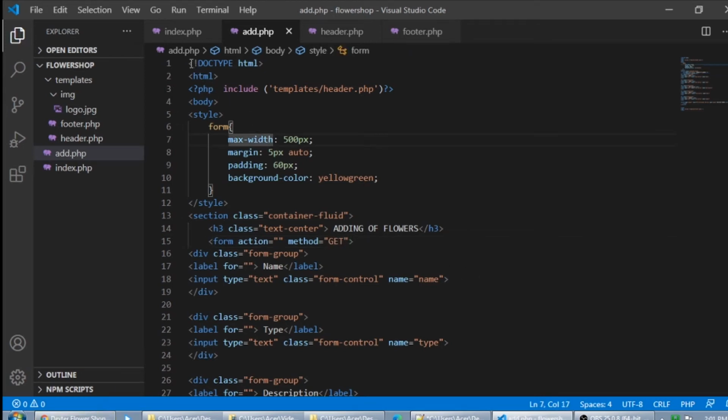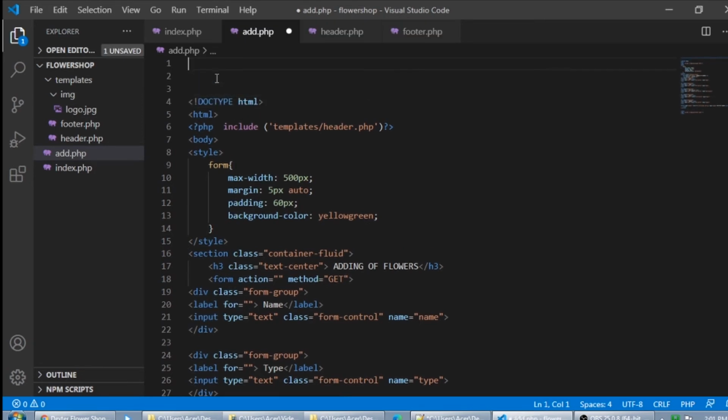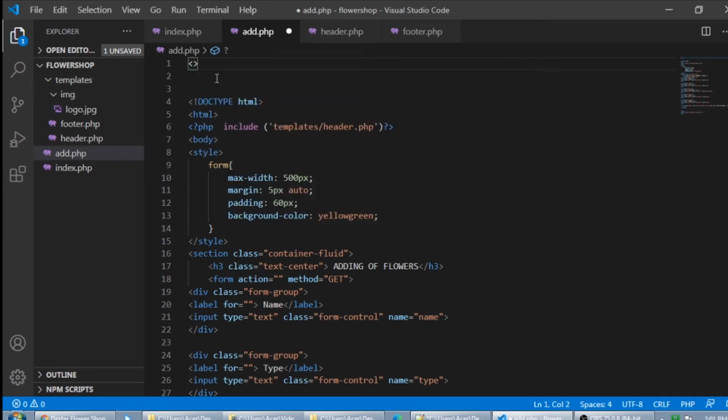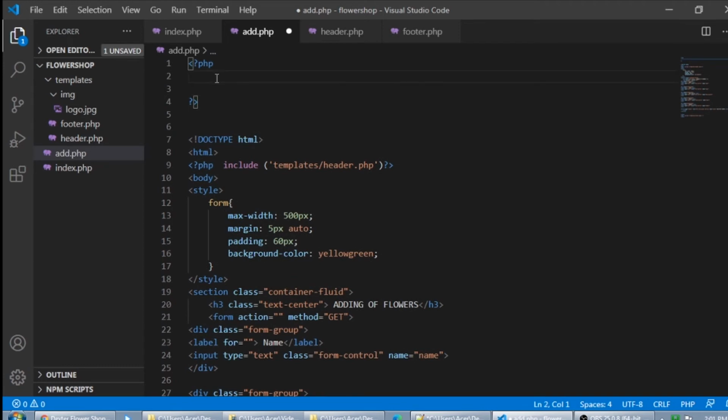And then, gagawa tayo ng PHP dito sa taas. Okay, sorry. PHP. Yan. Closing. So, guys, ang purpose ng get request, kukunin niya yung value ng ating input once we hit the button submit. Okay? So, like for example, here,